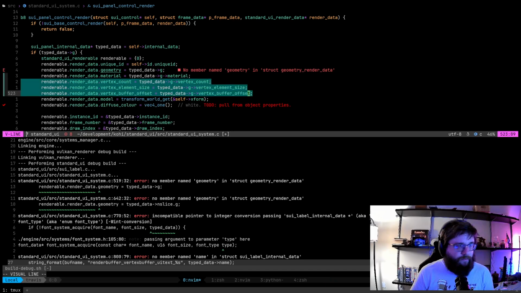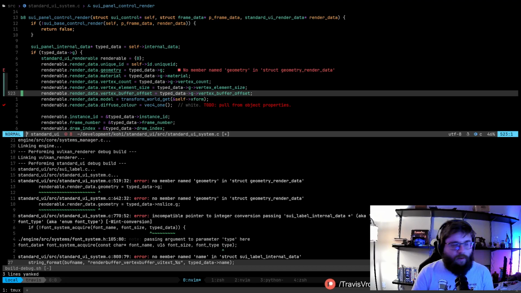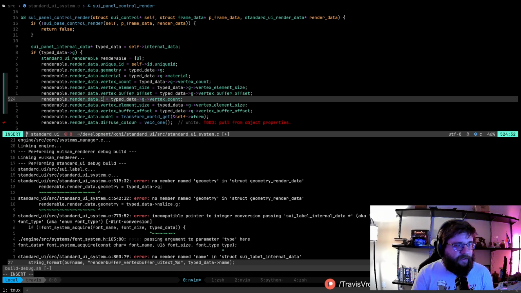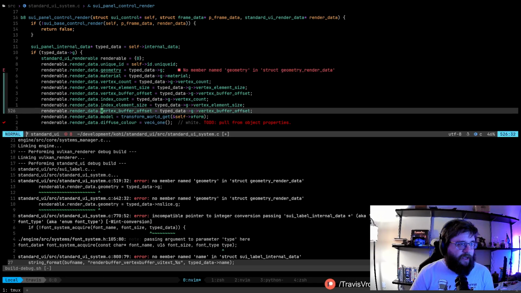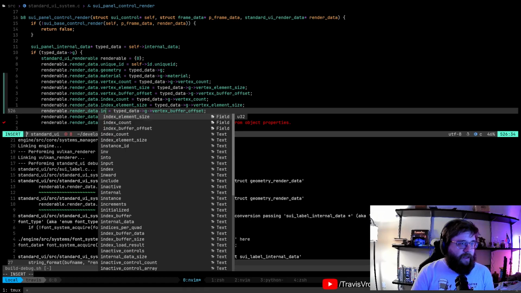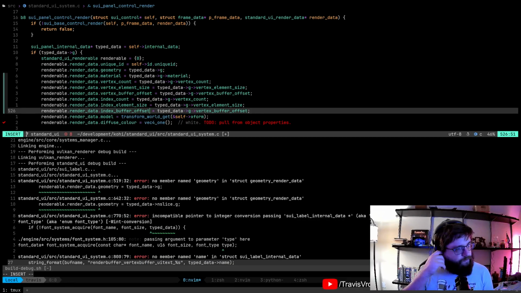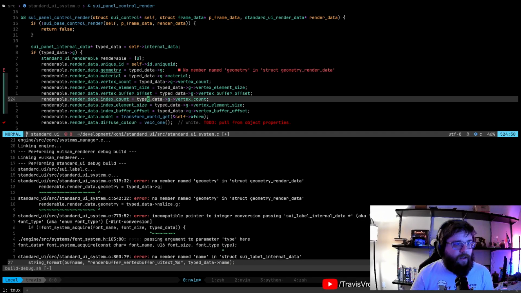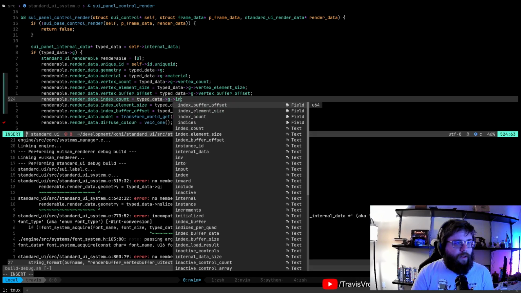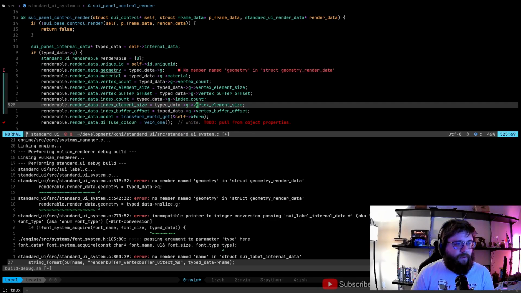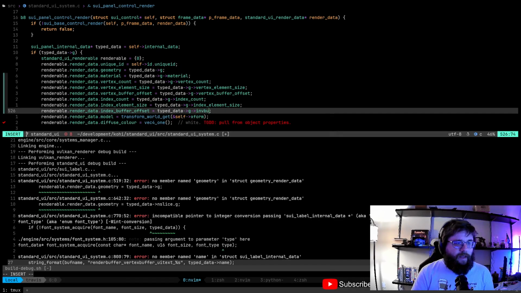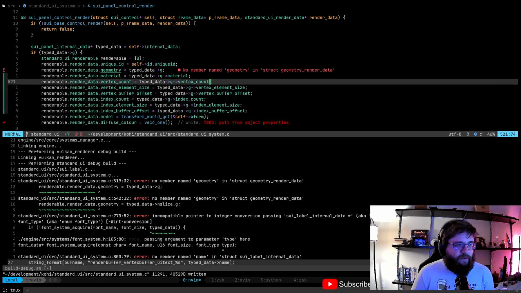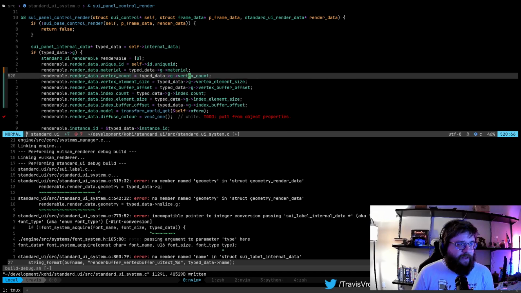And then do the same stuff for the index count, index element size, index buffer offset. So those are the pieces of data that we need now instead of this.